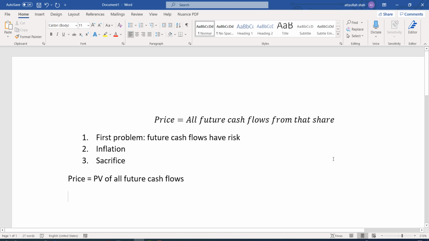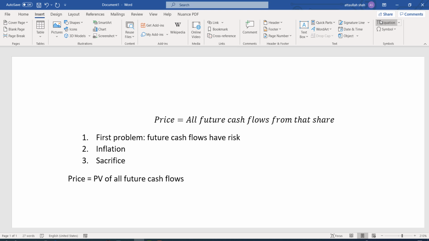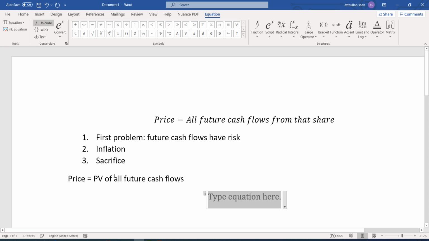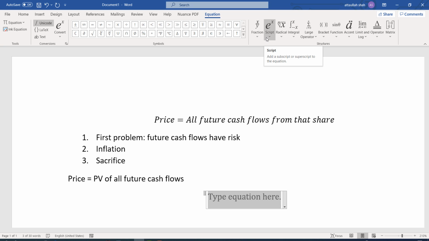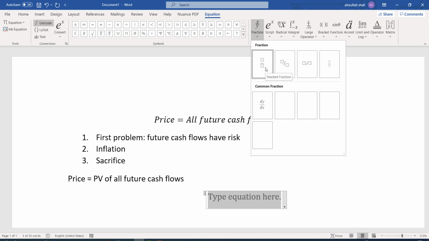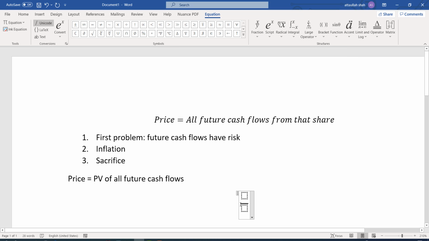And how do we get the present value of a share? We get the present value by dividing the future cash flows by some discount rate, some sort of rate that takes care of the three factors that we just discussed. So we can write the equation for share prices like this: